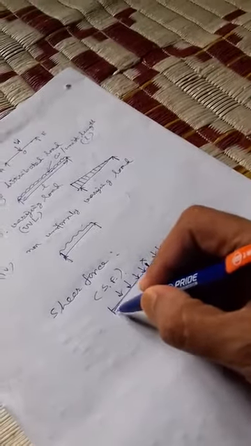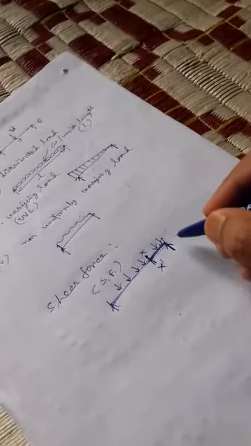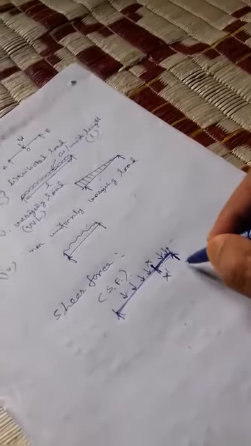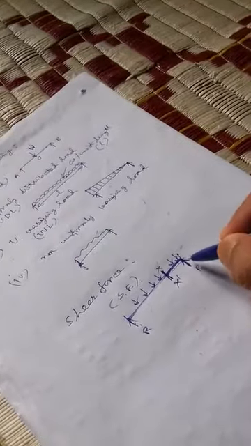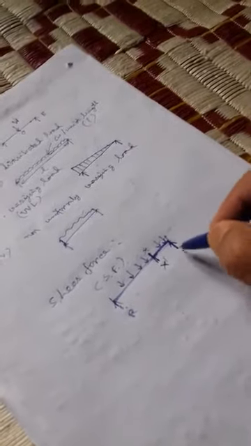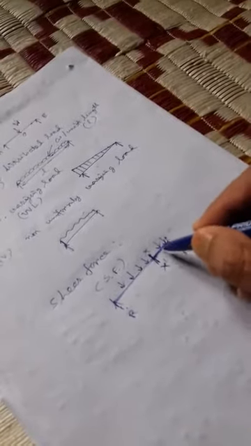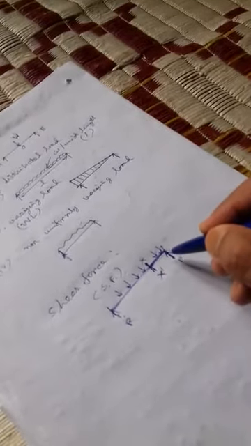In this case, suppose there is a support. For calculating the shear force, we also consider the reaction of this support. Here R is the reaction force, the reaction force at the support. So for calculating the shear force, we consider the reaction as well as the unbalanced forces. Therefore, shear force is the summation of all the vertical forces and their reactions, equally called shear force.